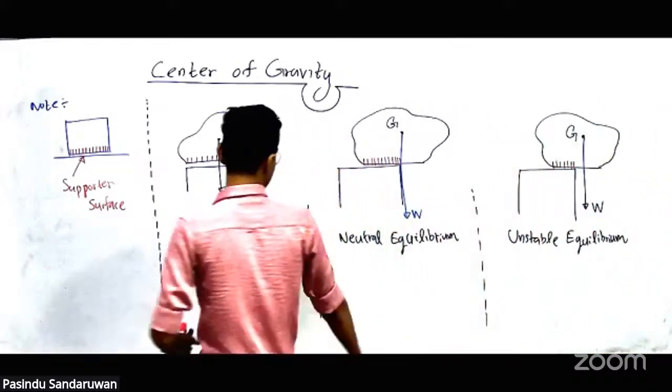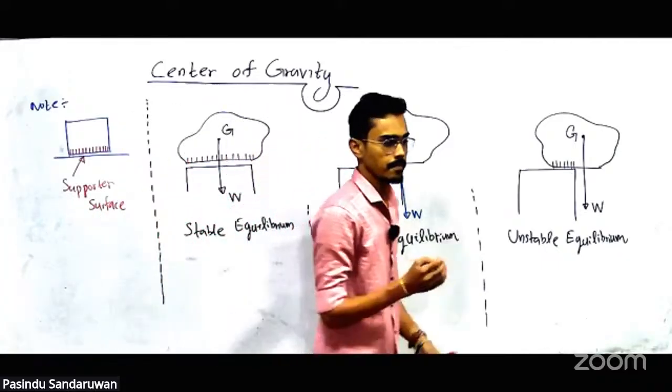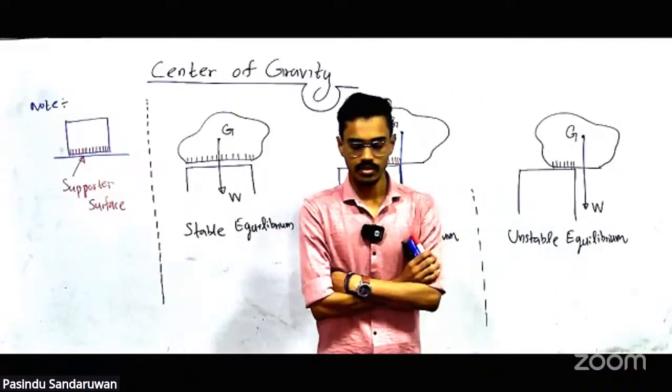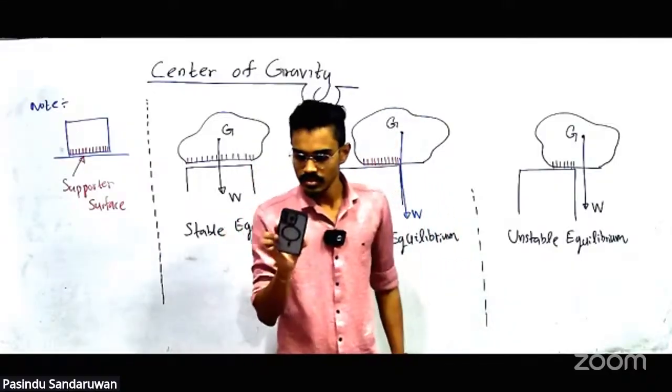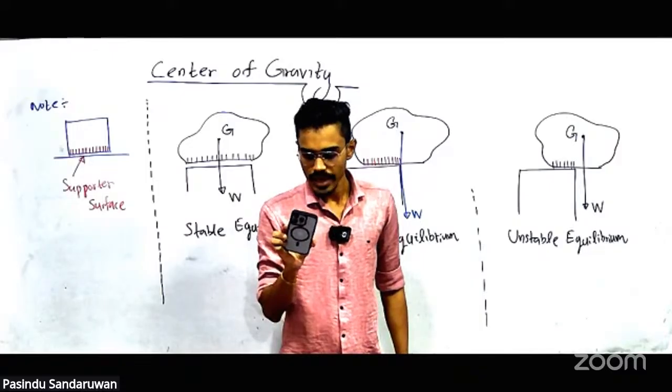Okay, under the second one, neutral equilibrium, write down: if the center of gravity, the active line of weight